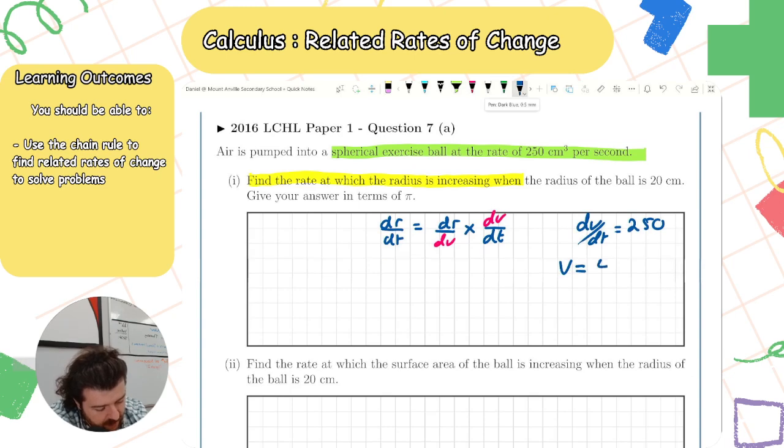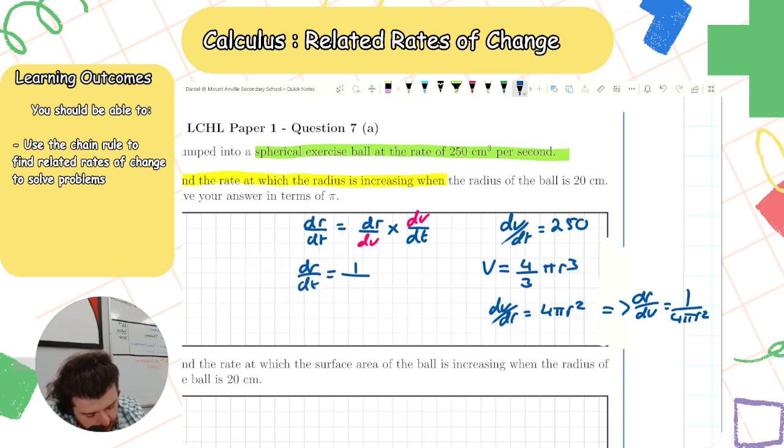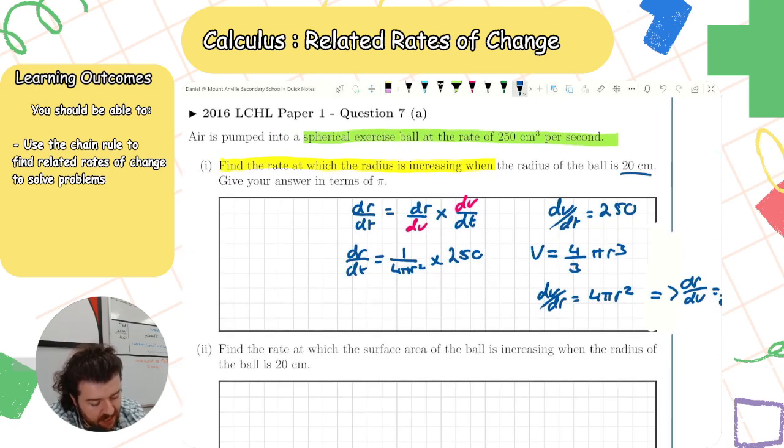So I know the volume of a sphere is 4 over 3 pi r cubed. dV/dr is equal to 4 pi r squared. Therefore, dr/dV is equal to 1 over 4 pi r squared. So sub it in: dr/dt is equal to 1 over 4 pi r squared times dV/dt, which is 250. Then I'm looking for it when the radius is 20. So dr/dt is equal to 1 over 4 pi 20 squared times 250,